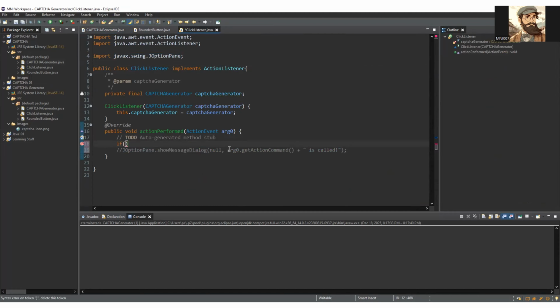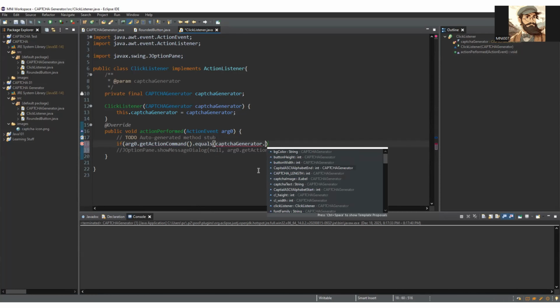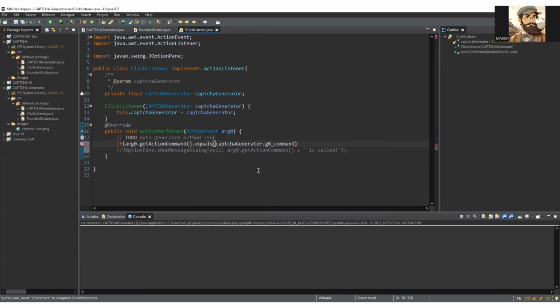So let's say if we get this command and it equals, we can use our captcha generator dot generate captcha button. So it was GB command. So if this equals to our GB command, then we have to